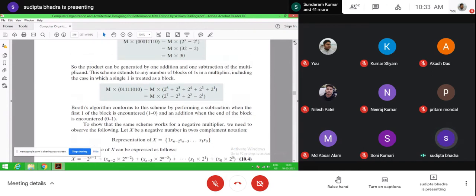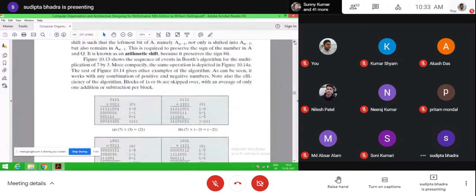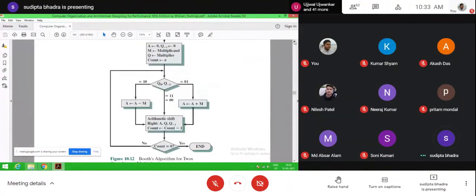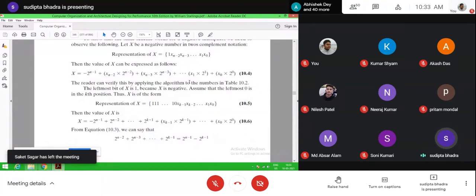Now please see in the Booth algorithm. Here you see whenever there is a 1 0, then there is a subtraction. Whenever there is a 0 1, then there is an addition. So this addition and subtraction is mainly reflecting this particular concept that